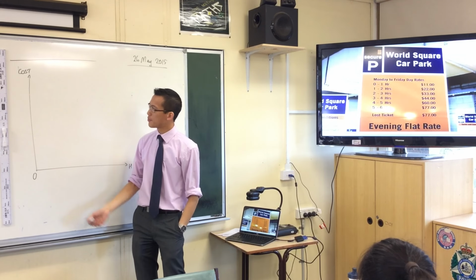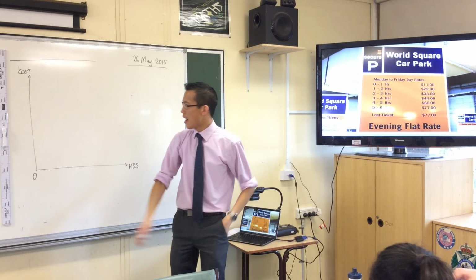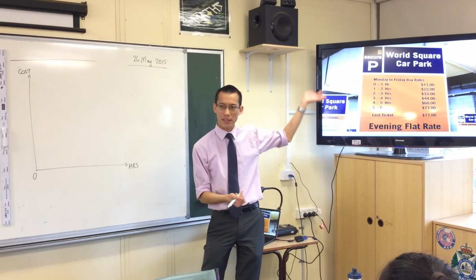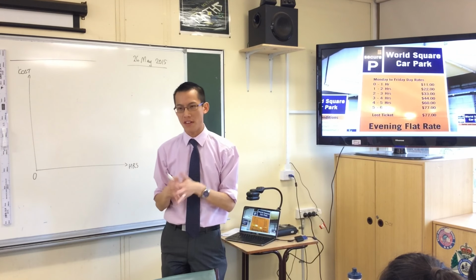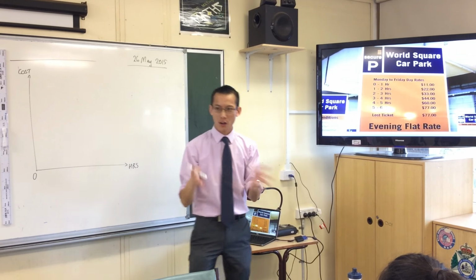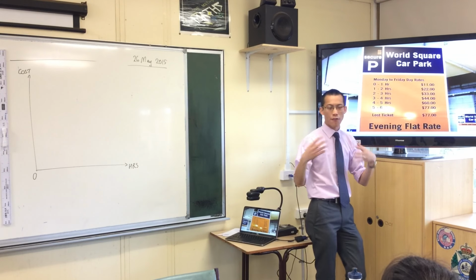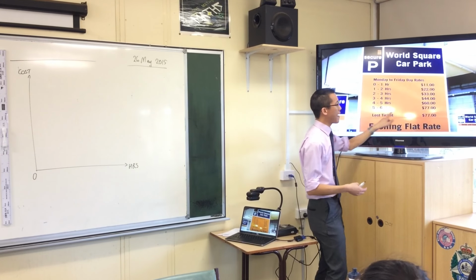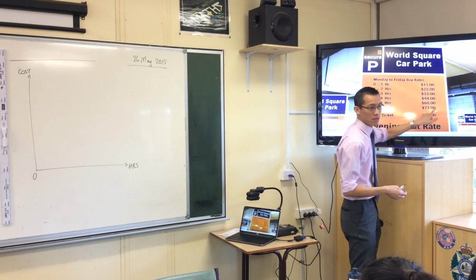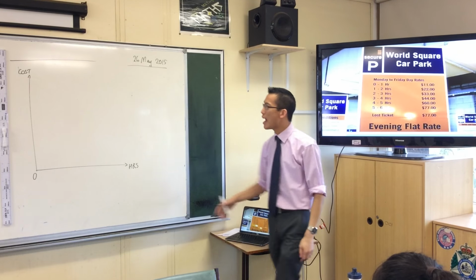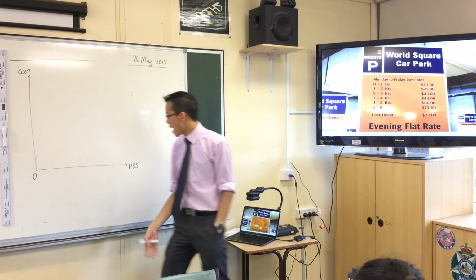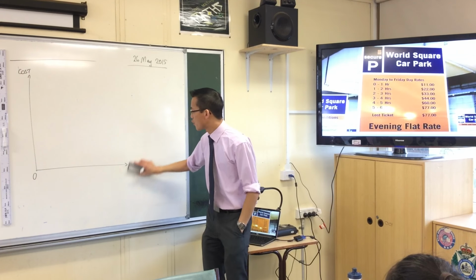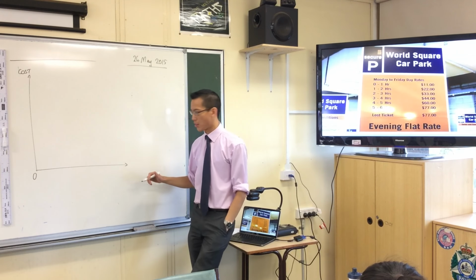What I want us to do is take this data and put it onto here, because this is a set of points, right? A set of points is all you need to make a graph. Do you remember we were talking about the idea of functions and relations? Here's a set of values, and they are paired with another set of values. This is not that complicated. So I have a cost axis, and I'm really sure this should be time, actually. It should be a time axis. I've got dollars going up, and I've got hours going right.